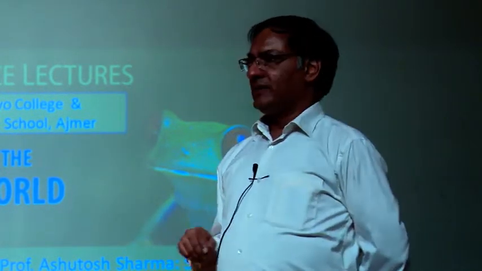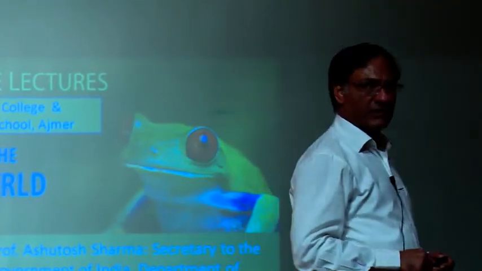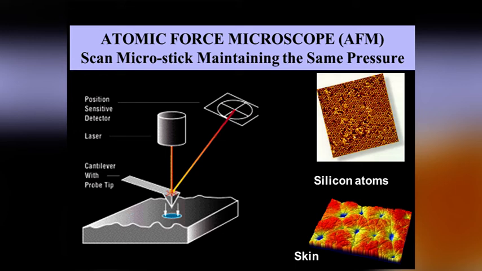Now if you realize that to see small things, I can make a small stick and poke it everywhere and see through that stick, that is by mechanical means, then this could be another way of seeing. So if you translate that concept in technology, then you get something like this. This is called atomic force microscopy. Here is a little tapping stick, which is only a few micrometers in size. It's very fragile. So the thing that you want to see, you go there, you do tap, tap, tap, move on, basically scan the surface, and then you can make a map of that surface, which is shown over there.